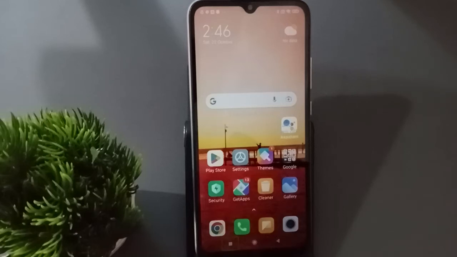Hello friends, today in this video I'm going to show you how to turn off TalkBack on a Redmi mobile